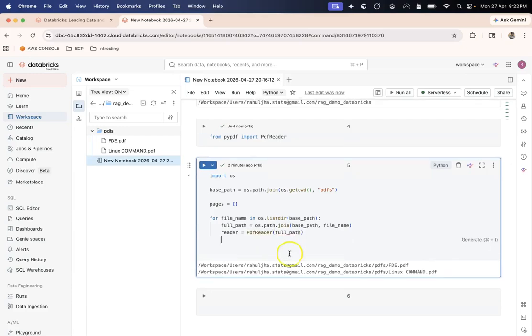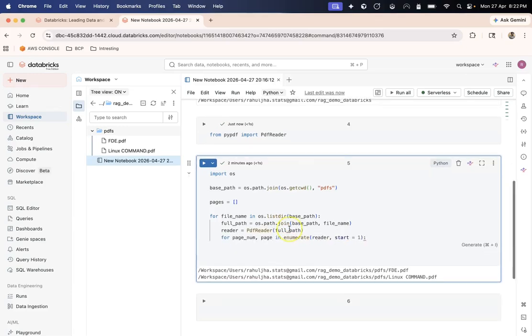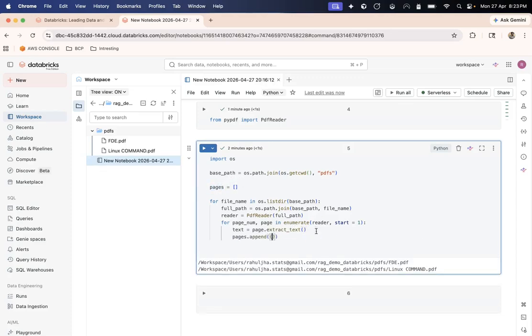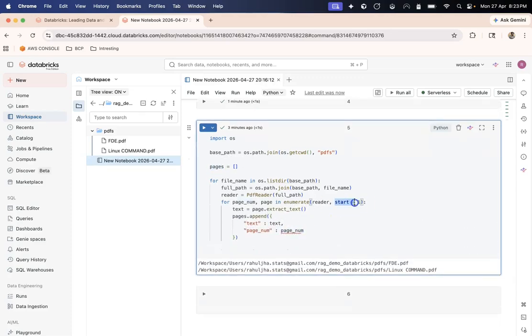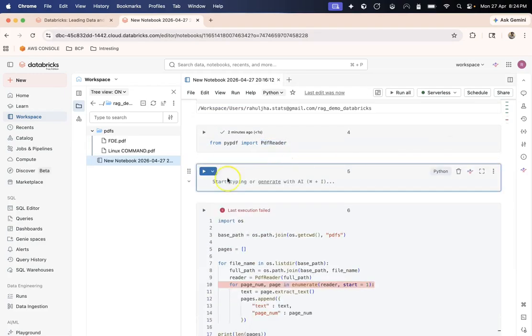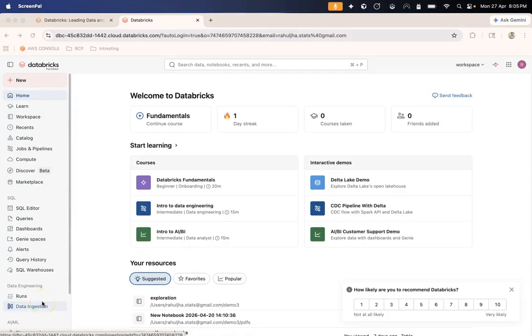So if you are trying to understand RAG practically, especially in the Databricks ecosystem, this video will give you a very strong starting point. Let's begin by setting up the environment and loading our PDFs. So let us start with the first part, where we have to load the PDFs and chunk them before we actually start with the embedding process.